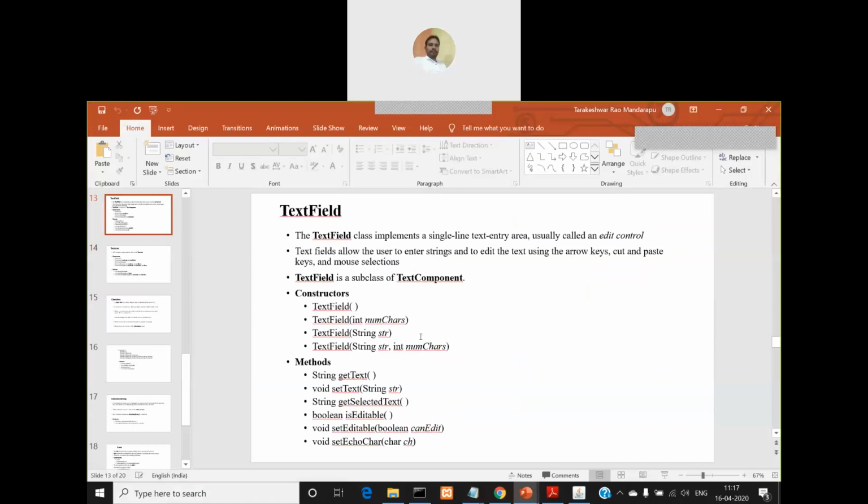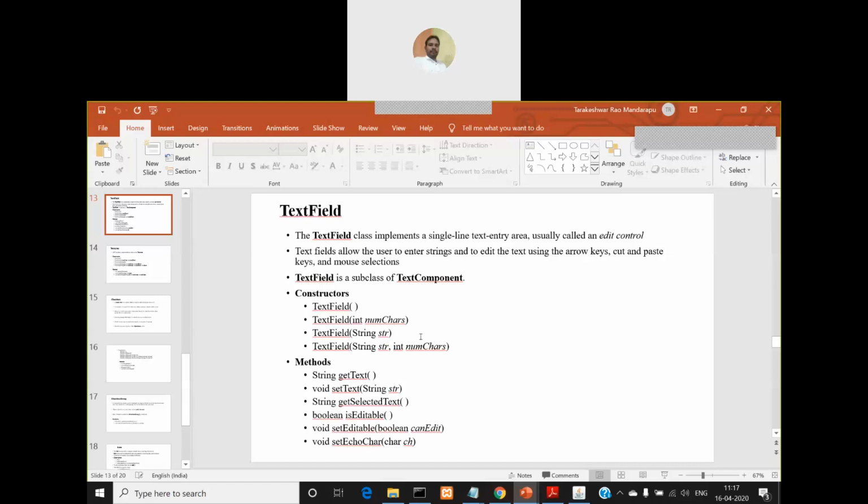That means it is going to display the text field with that size, right? The third one is with one string parameter. This is not going to specify any size for the text field, but the text field will have a default text, and whatever default text you want to display must be passed as a string parameter to that constructor.